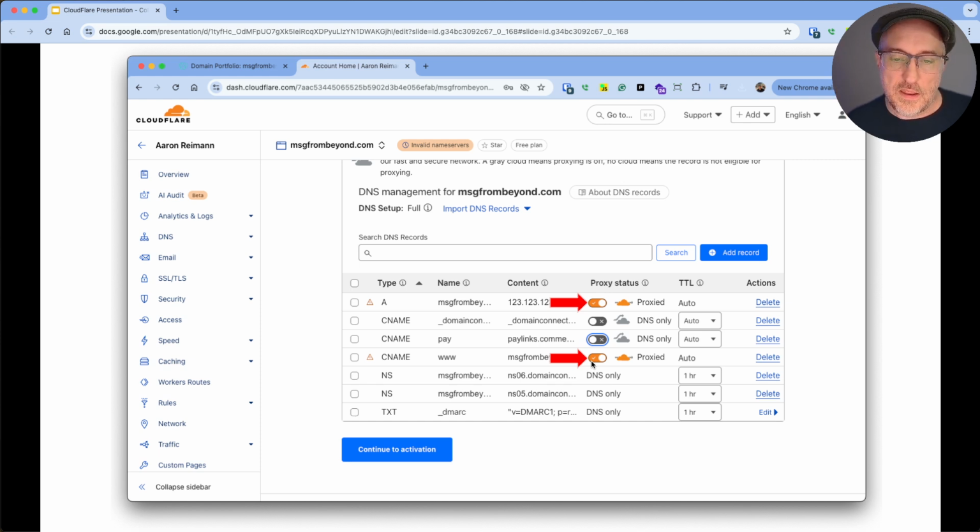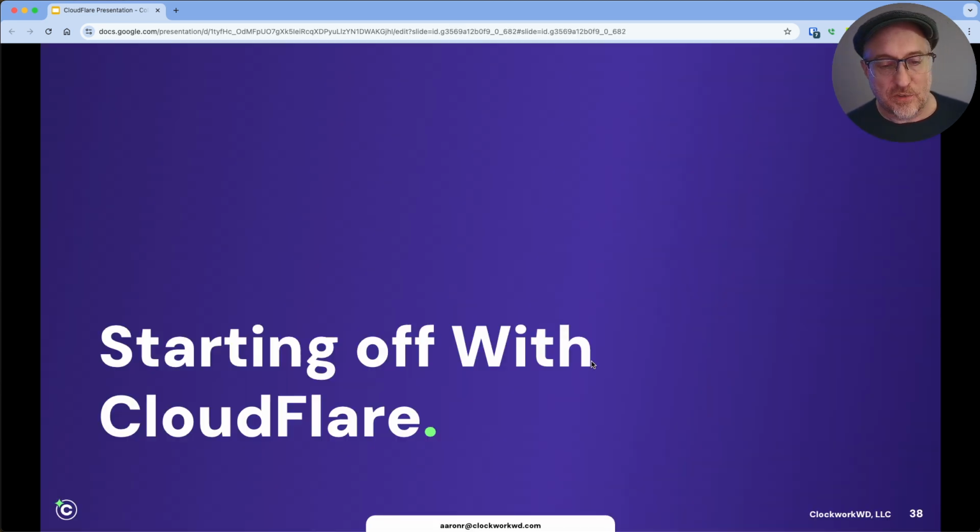And honestly, it's not the end of the world if it's not proxied. You're just not really reaping any of the benefits of Cloudflare. So if you're super nervous and you think that you're going to break something, you could unproxy it and then contact me, and I can look at it and say, you're all good, or whatever. So, all right. So starting off with Cloudflare,